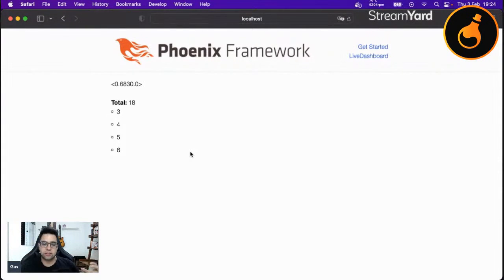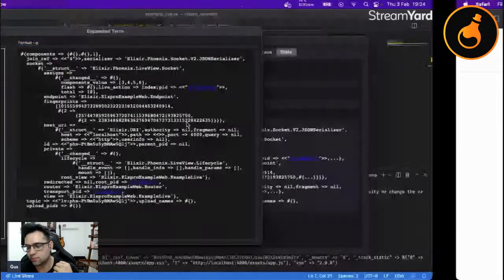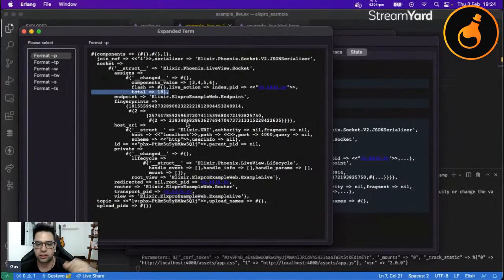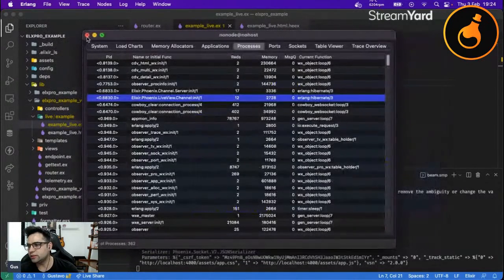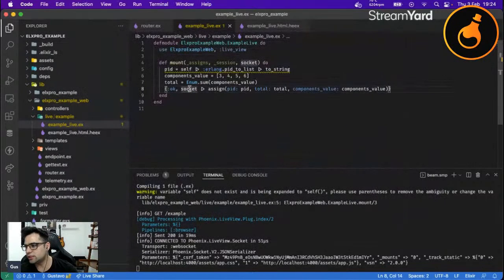And let's start creating some components to see one of the examples and how we create the communication between the components, because the components most of the time is a piece of the page. So we have the same process ID to every component that we have in our page. So here, what we are gonna do is that